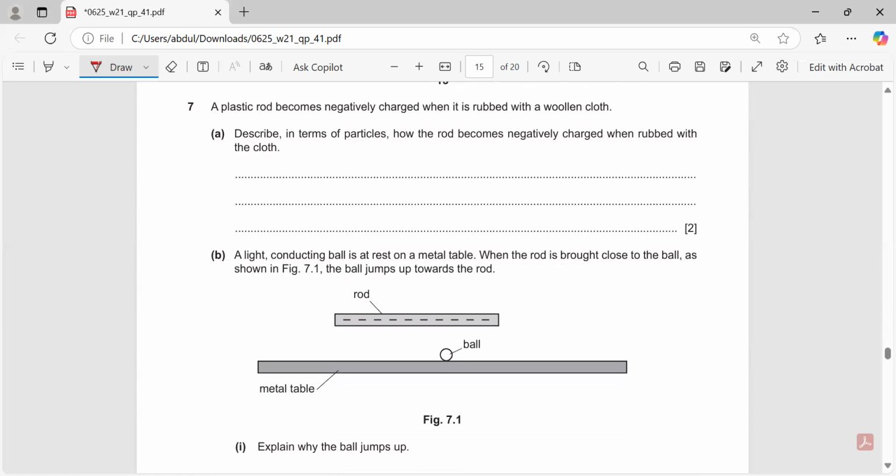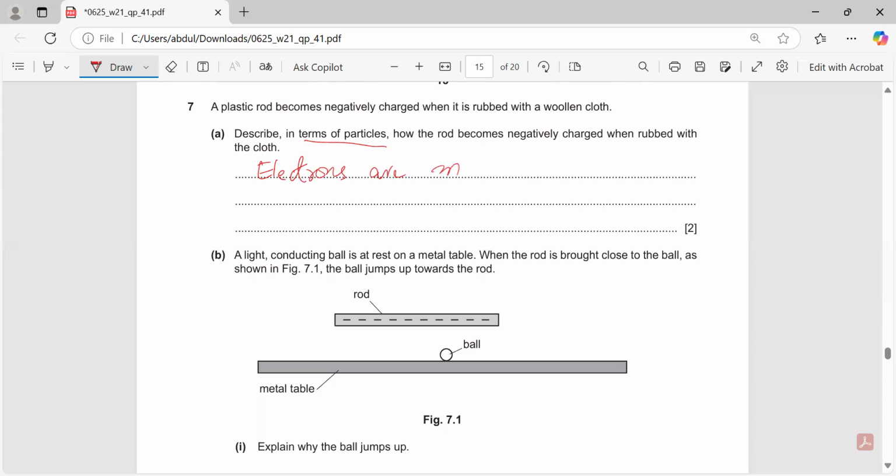A plastic rod becomes negatively charged when it is rubbed with a woolen cloth. Describe in terms of particles how the rod becomes negatively charged when rubbed with the cloth. So very simple answer. Name it in terms of particles. Electrons